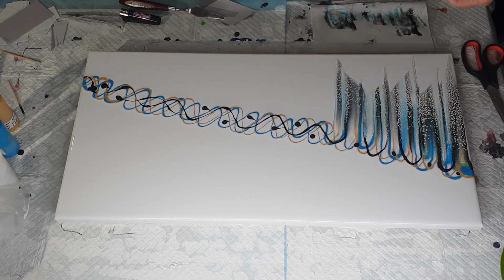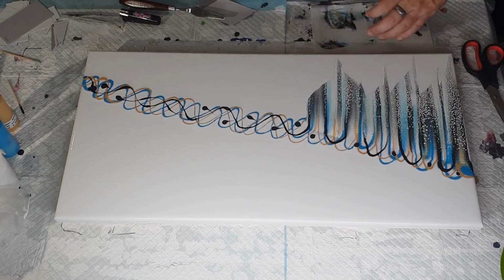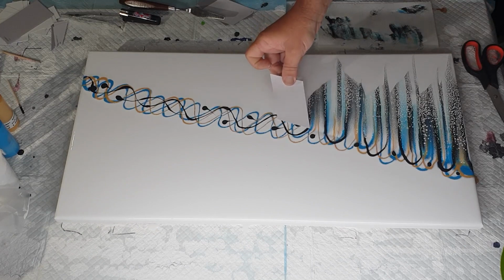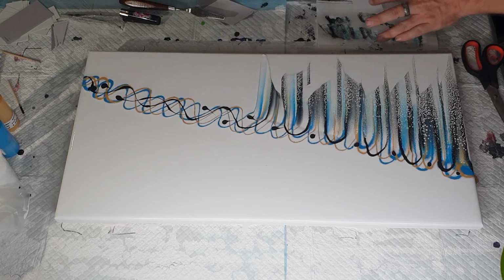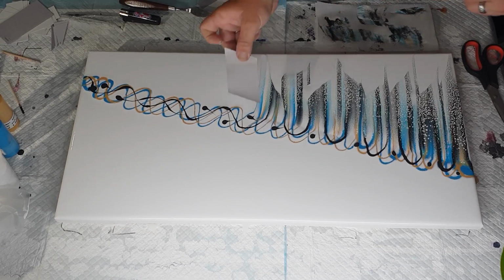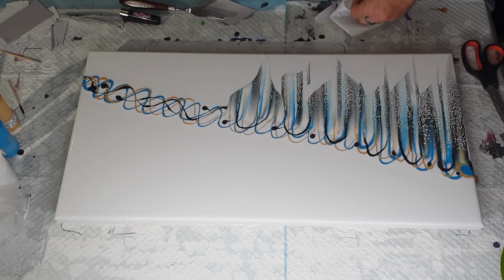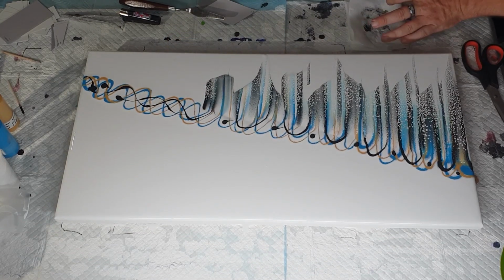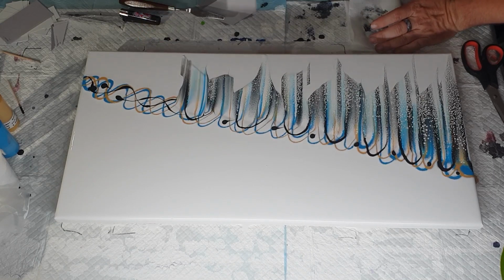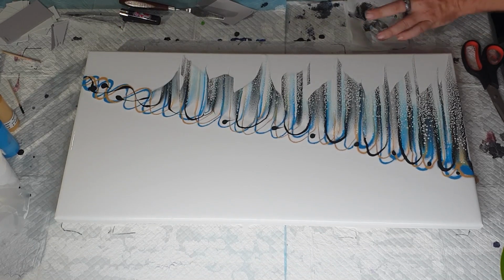Turning my card around. Turn my paper towel around too. Now, as you get to the smaller parts, it's not as easy to swipe with the points. So just do your best without